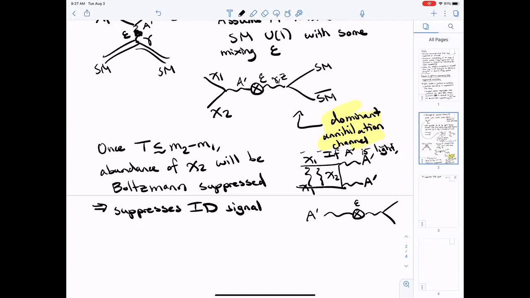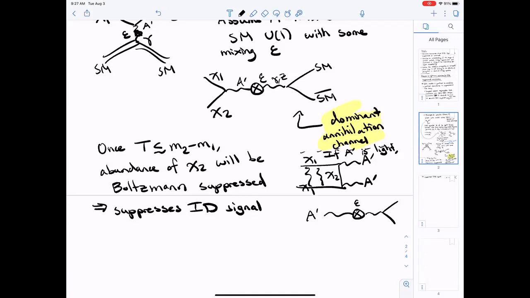There was a question there. Is this what people typically call inelastic dark matter? This is also, yeah, this is one of the ways to have inelastic dark matter. Just to repeat the question for people on Zoom, the question was, is this what people call inelastic dark matter? This is one of the standard models for it.